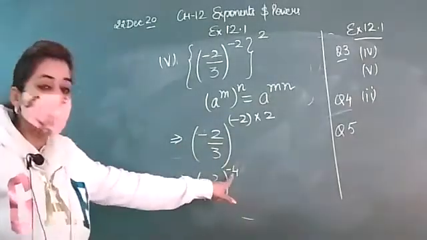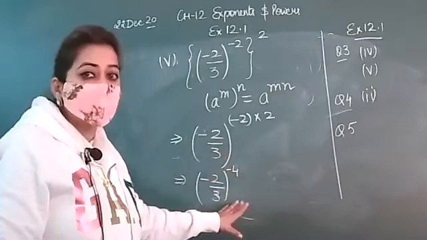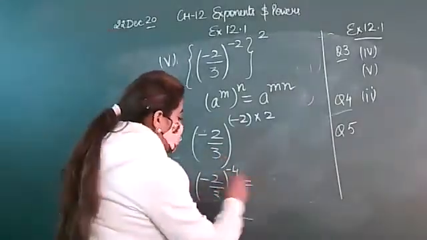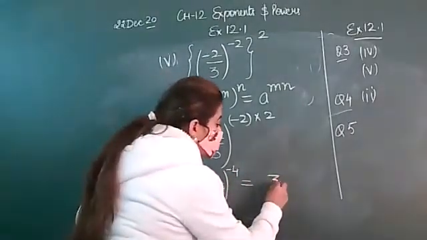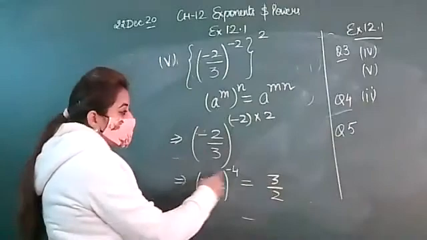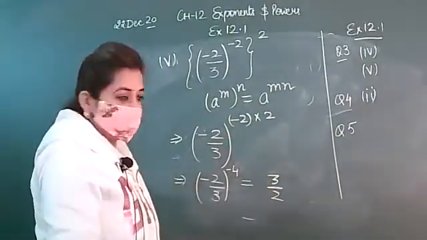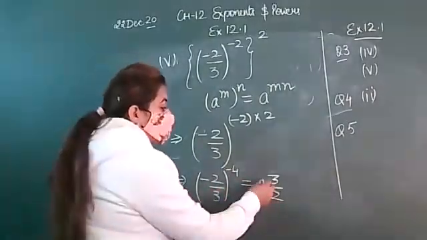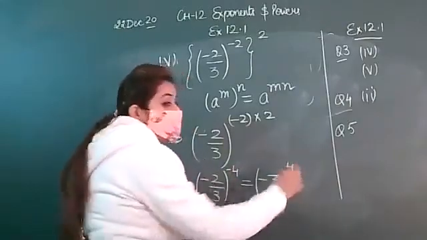Now, convert this negative power into positive. Even if the question doesn't say so, you have to convert, you have to make it in the simpler form. So make the reciprocal of this. If you make the reciprocal of this term, you will write 3 upon 2, but the negative sign you can put in the numerator or in the denominator. Both are the correct ways. So don't get confused about this. Minus you can put anywhere, and if you make the reciprocal, the power will be positive.